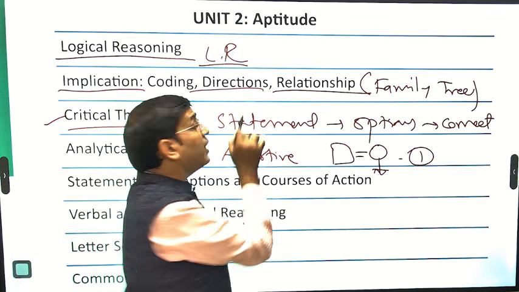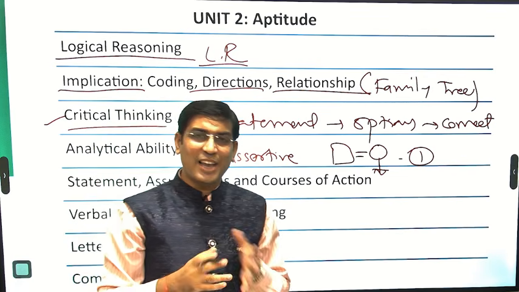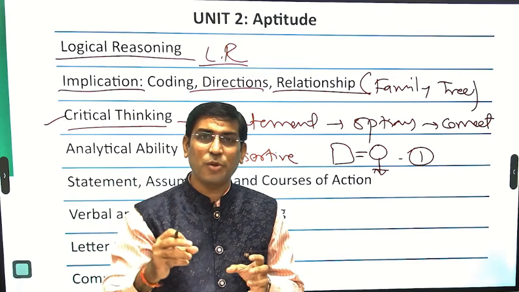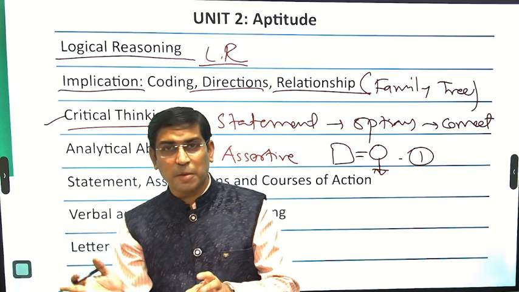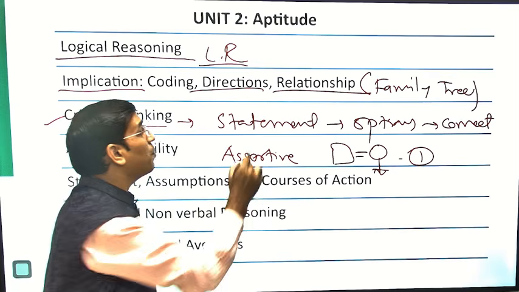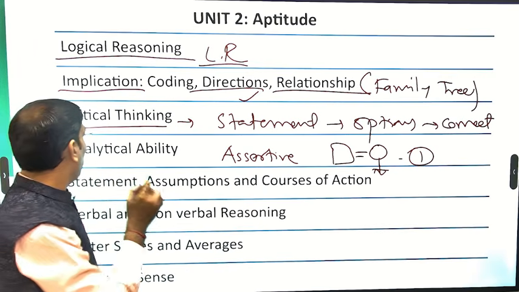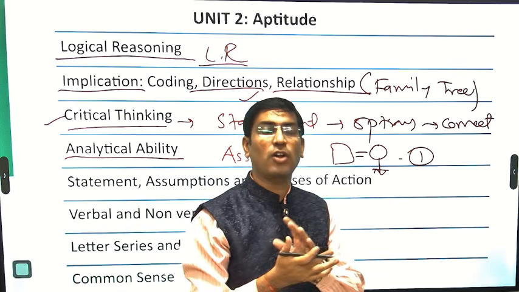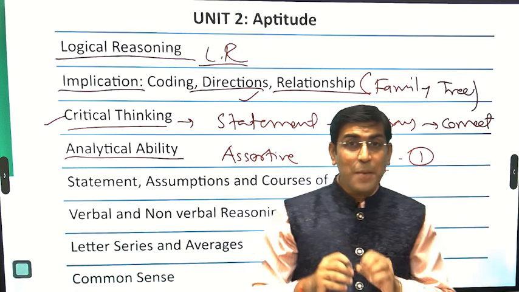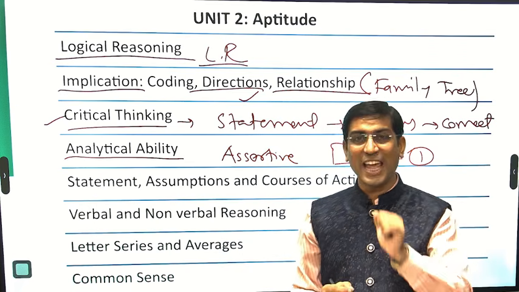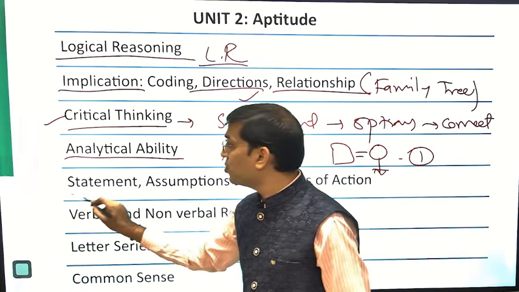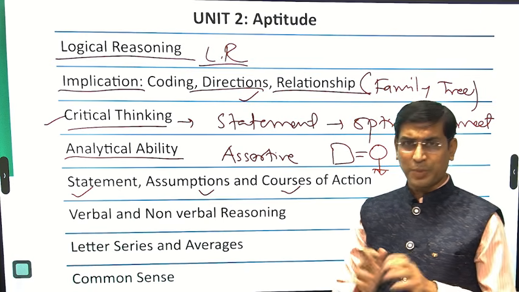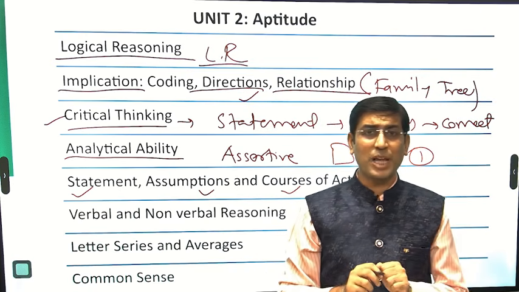Apart from that, coding and directions, like someone is walking from there, he moves to the west, he moves to the south for 14 kilometers, now he again turns back. Likewise questions could be there from the directions point of view. Followed by that, analytical ability, a certain case is given in front of us and how we are able to judge the answers. Likewise the analytical questions could be there. Statement questions I already dictated.